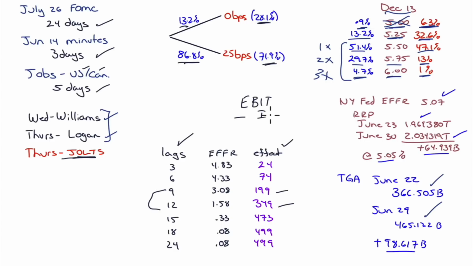minus I, that I factor on corporate balance sheets is going to grow at a faster rate than EBIT is going to grow, because when they roll over, they're going to be going from what was an effective interest rate of 0.08% all the way to 5.07%. Those that had interest rate swaps that were about 4 or 5 years old that are rolling over are going to be hit with almost 500 basis points higher of I after the EBIT,